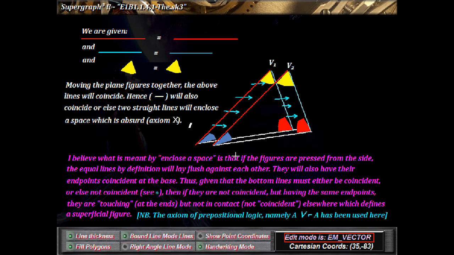So at the bottom here, at the endpoints, which are also the endpoints of the base, where we have the two baselines for each of these triangles, those bottom lines,